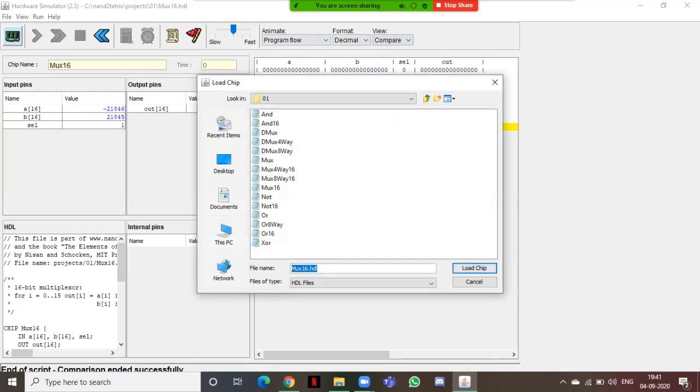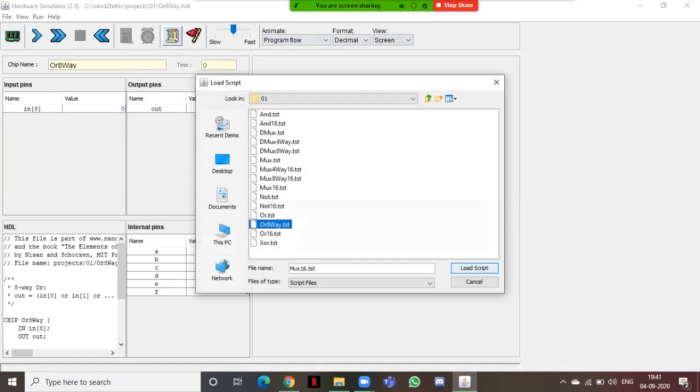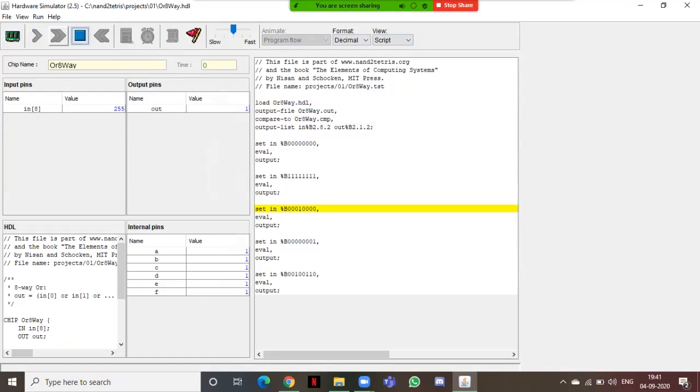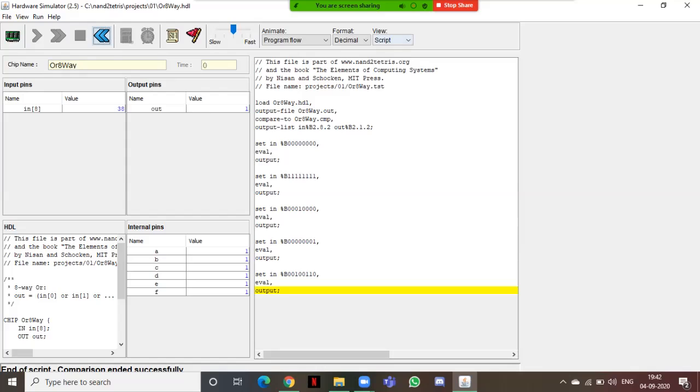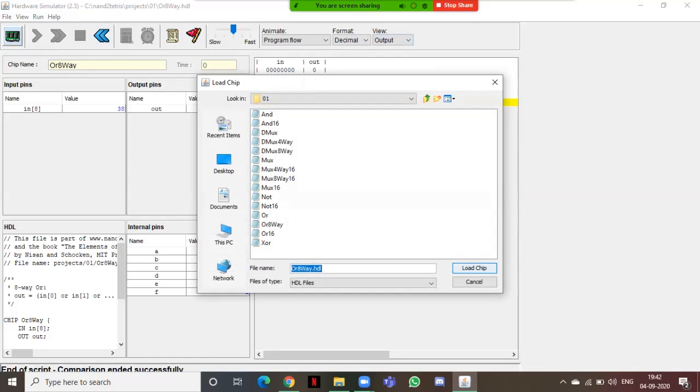We'll go to OR 8-way. We'll load the chip, we'll load the script. We'll execute the function. We'll check the values. And we'll compare. And we'll see the output. And we'll move to the next, that is MUX 4-way.